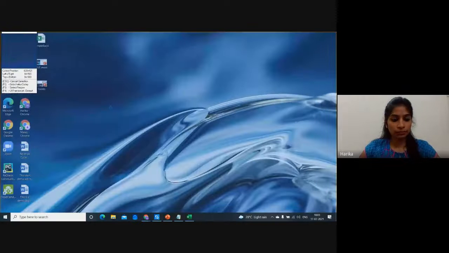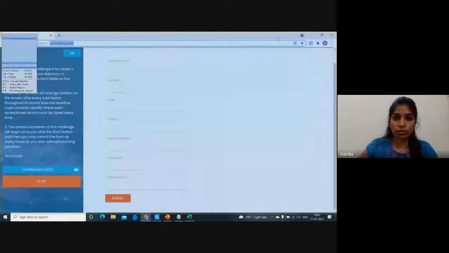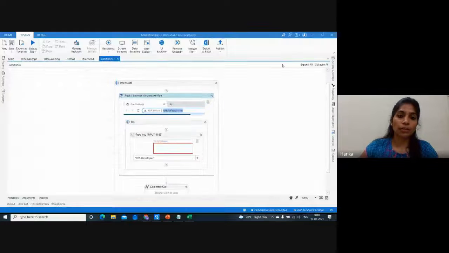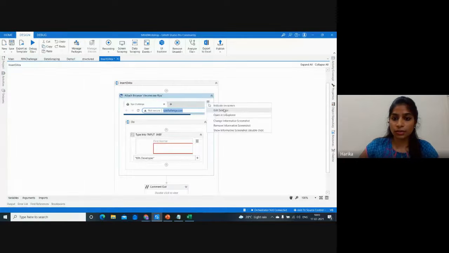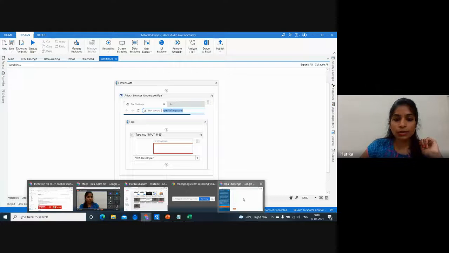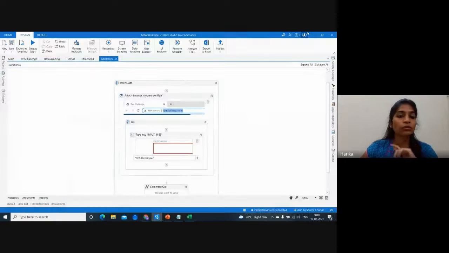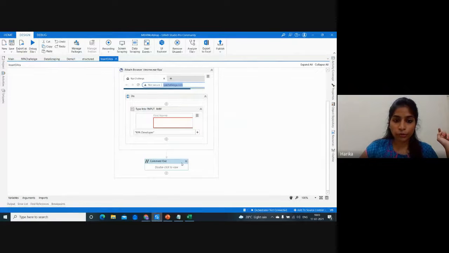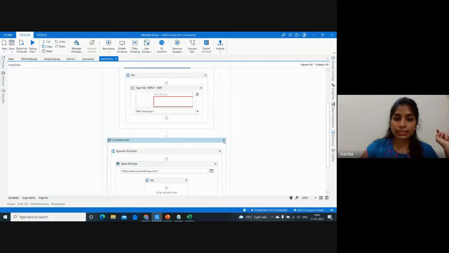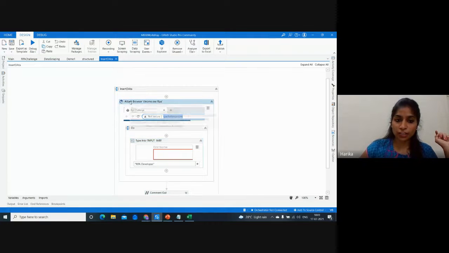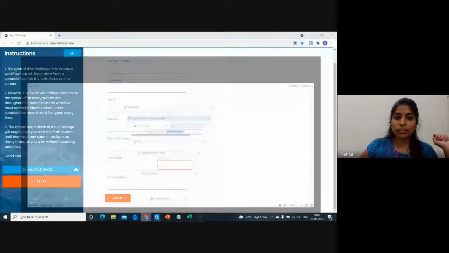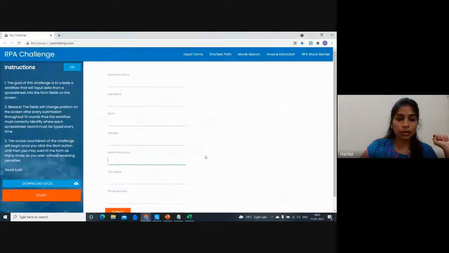Just indicate on the screen. Just go to that particular application and click on the application. That itself takes the application. You can just check it over here, right? So if I want to use the existing open application, I don't open the application again. That's why I don't use open browser. Instead, I keep my type into inside attach browser. So I'll just run. If you see, it will not open my application, but it will use the existing application. Okay, but then I could not see the data typed in over here.